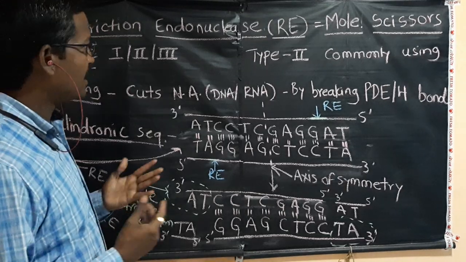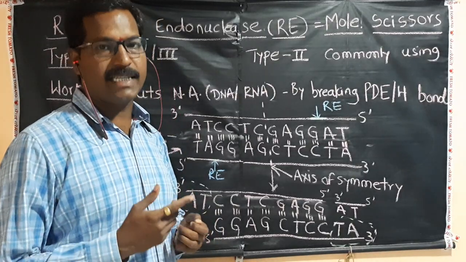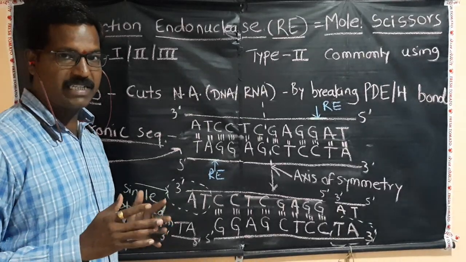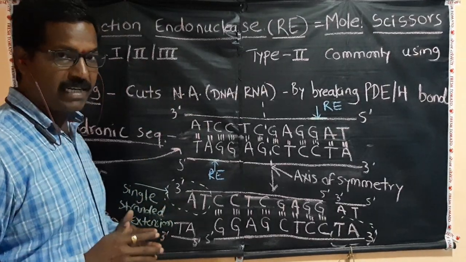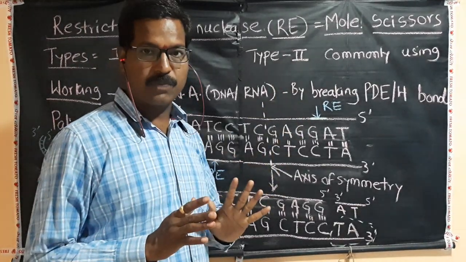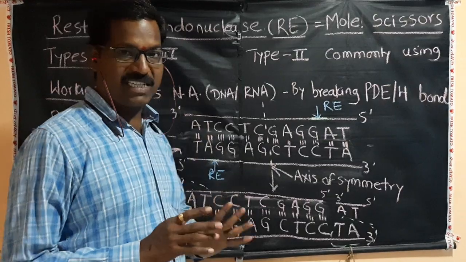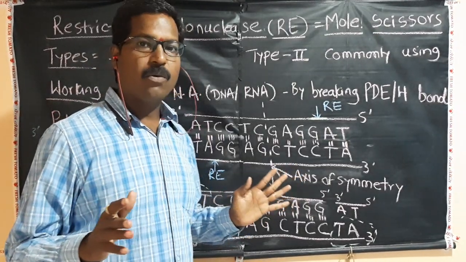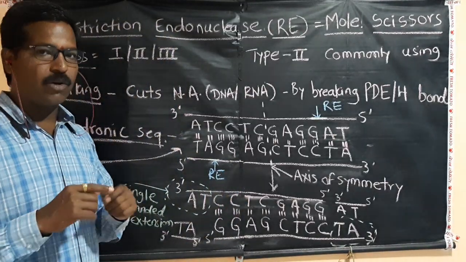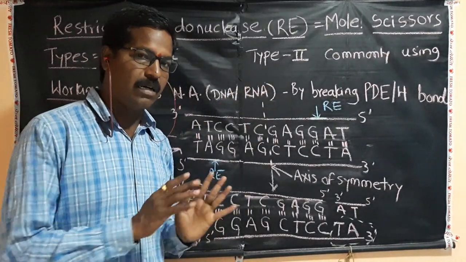Restriction enzymes or restriction endonucleases are also called molecular scissors, because they are used to cut DNA or RNA, that's nucleic acids. There are basically three types of restriction enzymes: type 1, type 2 and type 3. Out of these, the type 2 restriction enzyme is commonly used. Why is restriction enzyme type 2 commonly used? The reason is type 1 and type 3 restriction enzymes will give you lengthy DNA, while type 2 restriction enzyme will give you a good DNA. What is good DNA, bad DNA or long DNA, I will explain later. But please remember, type 2 restriction enzyme is commonly used for rDNA technology.